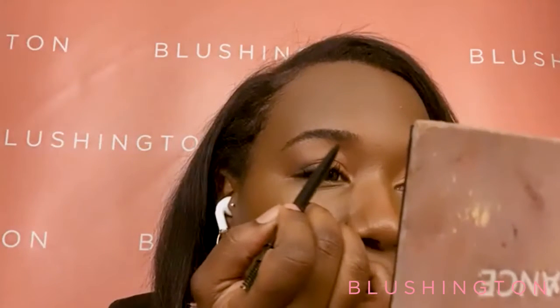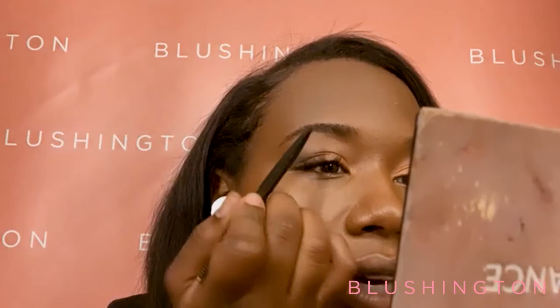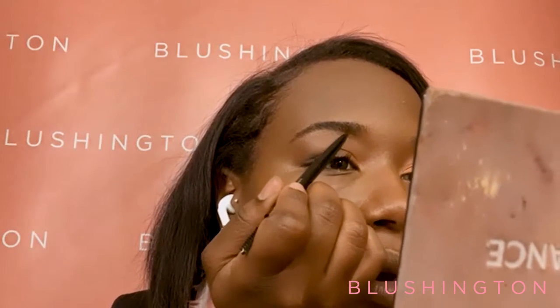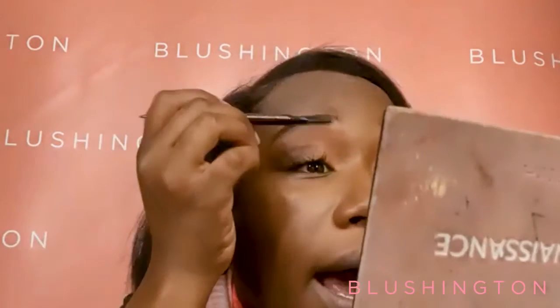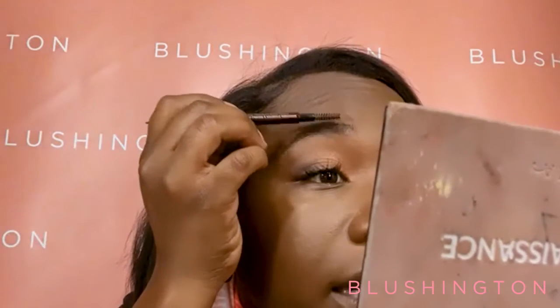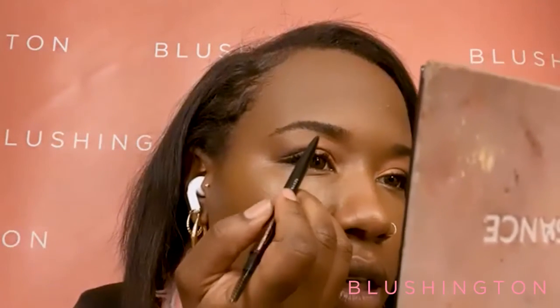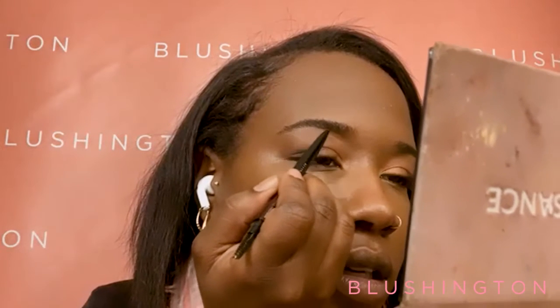So I'm going to start under my brow in the front, and I'm going to very lightly, I like to call this kind of connecting the dots, follow along my brow line to give it an illusion that I just got a wax. Then I'm going to blend that out a little bit and continue that same motion